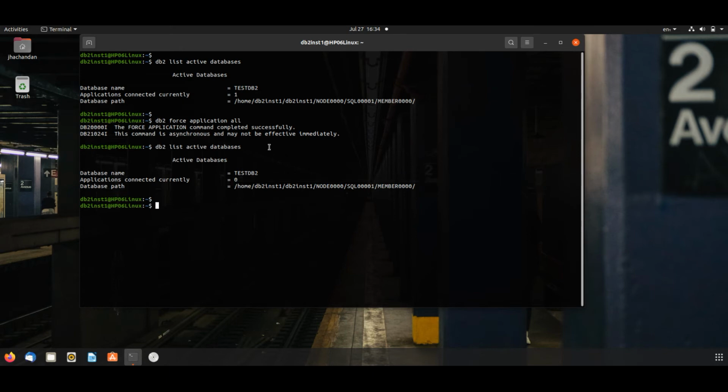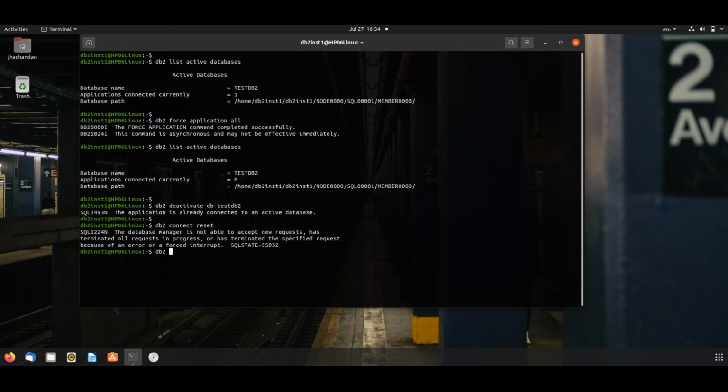Now we will deactivate this: db2 deactivate db test db2. db2 connect reset, db2 terminate.